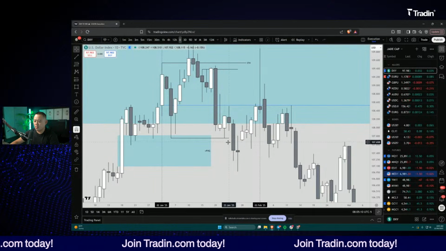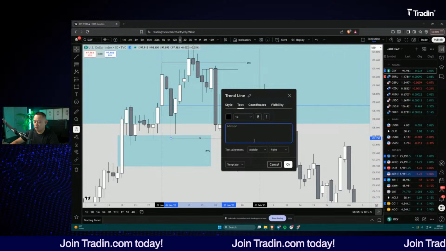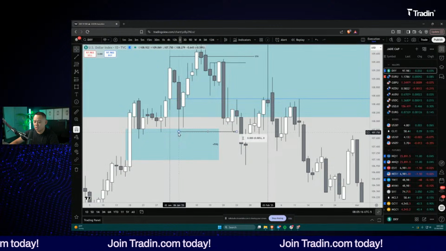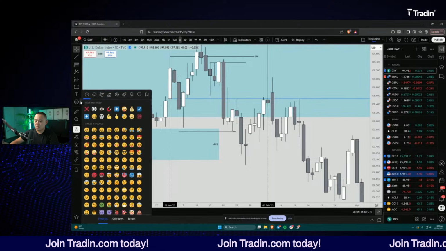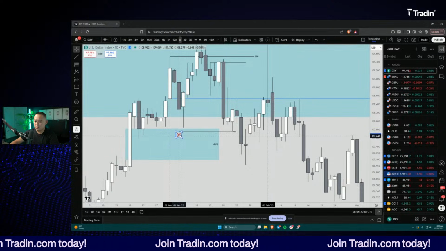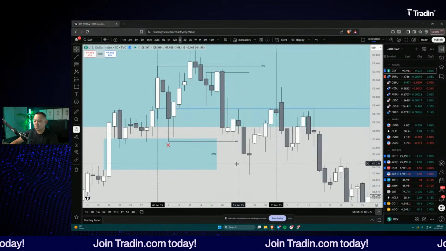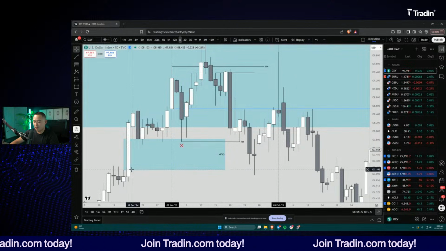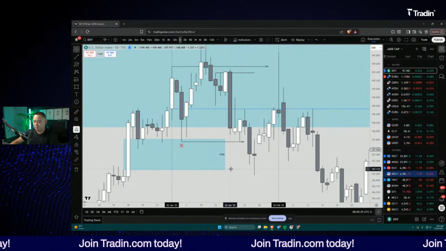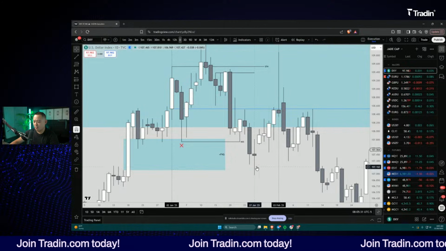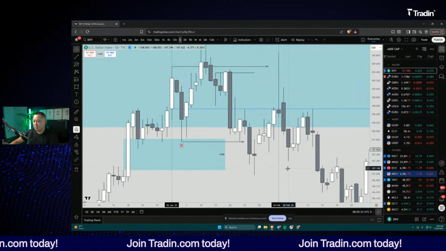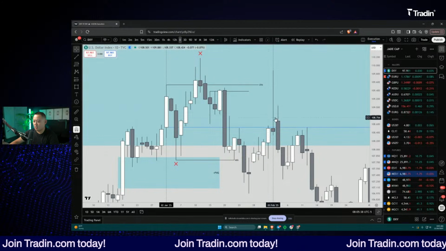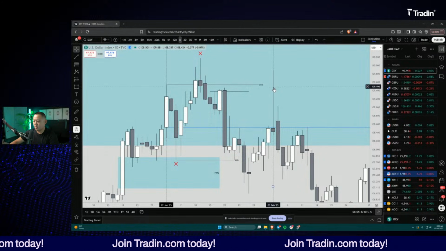This break lower creates a market structure shift, because we get a close through this swing low. So we have a close through that swing low. We fill in more of this fair value gap. We basically hit the low of that fair value gap, and then we get a nice retracement. This retracement has a very long wick, and then that starts February.